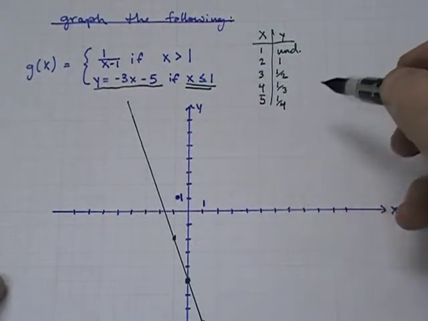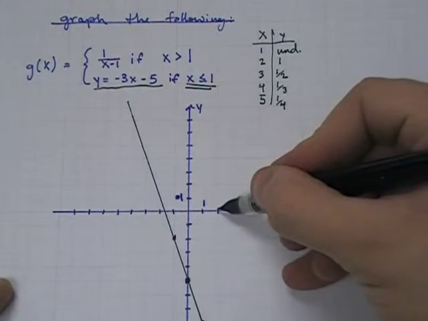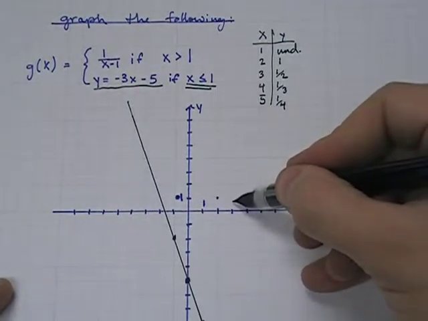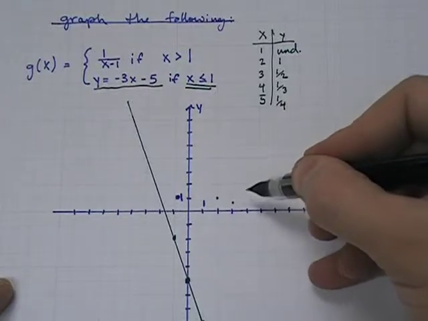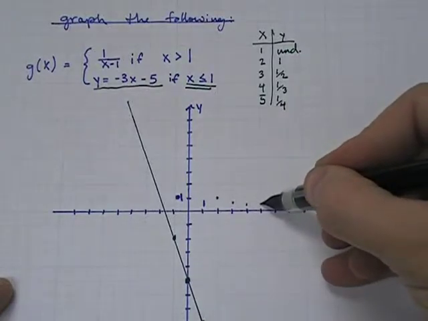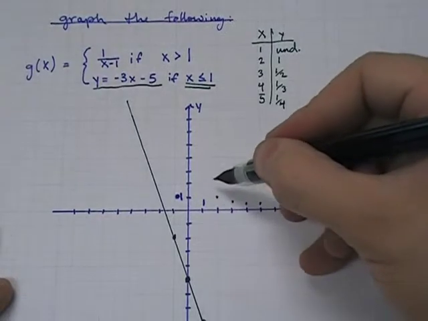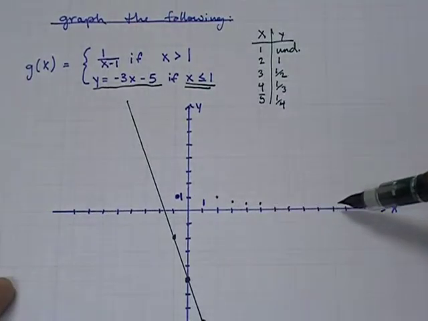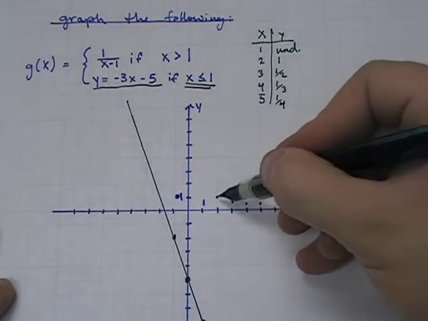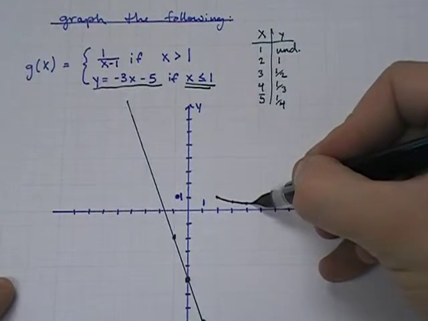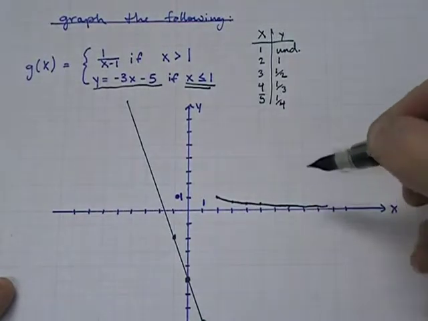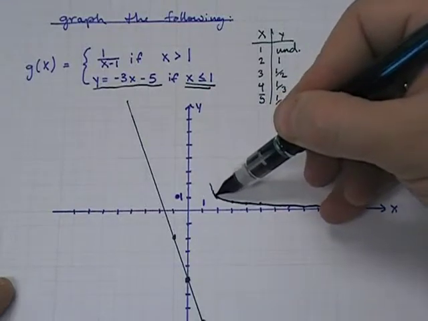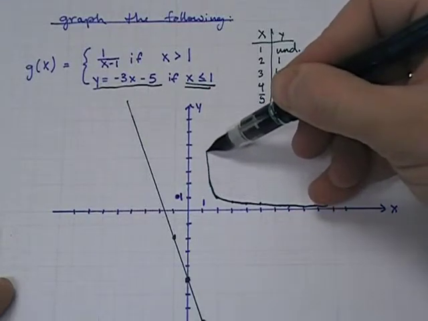And so basically what this graph looks like is that at x equals 2, y equals 1. At x equals 3, it equals 1/2, then 1/3, 1/4. And so this graph typically is going to come from up here and go down and then slowly get closer and closer to the x-axis. In this particular case, it's going to look something like this. And normally this graph is going to go upward. And if you don't believe me,